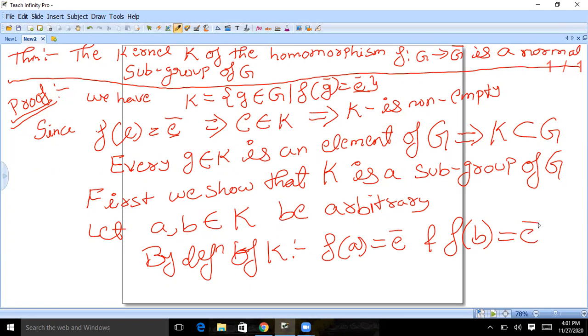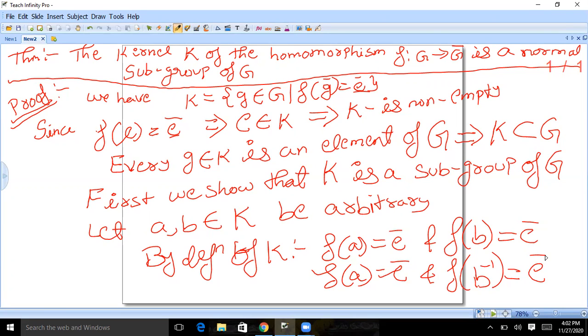Okay, so therefore f of a is also equal to e bar, and next f of b inverse, b inverse here, is e bar. Okay, so next